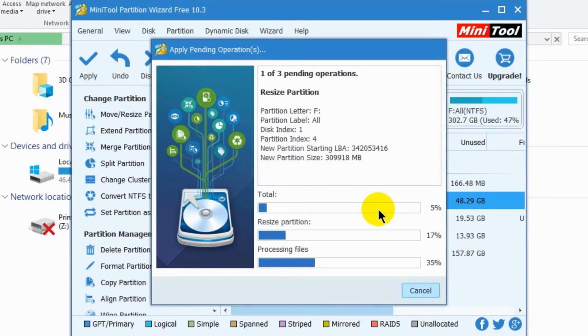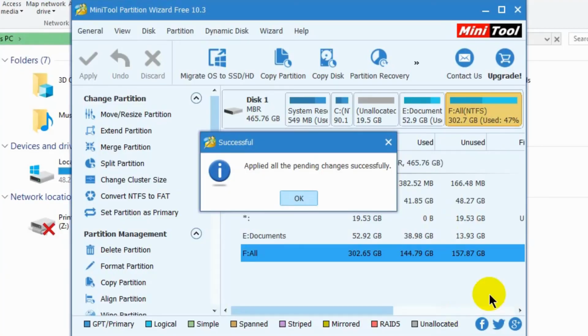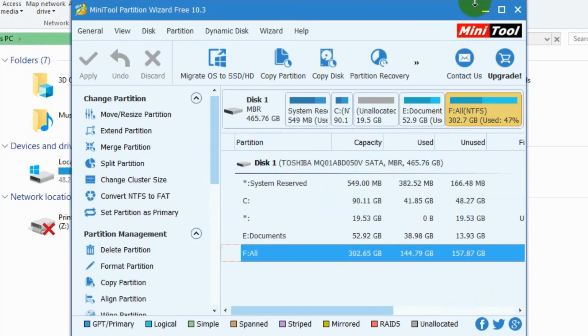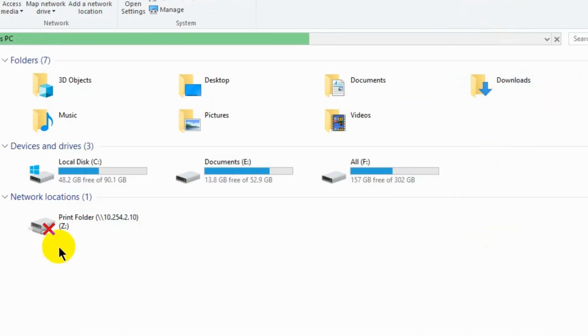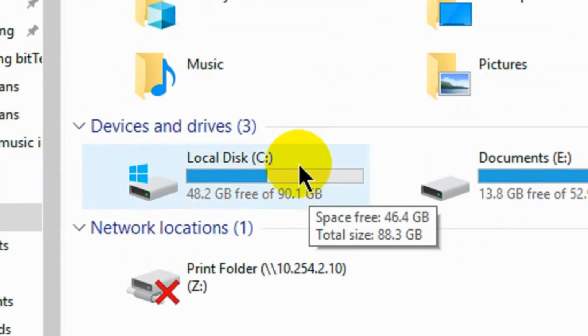some minutes, but don't worry, it will not lose any of your data. Okay, completed, and my C drive space now has 2 GB, 2 GB of space